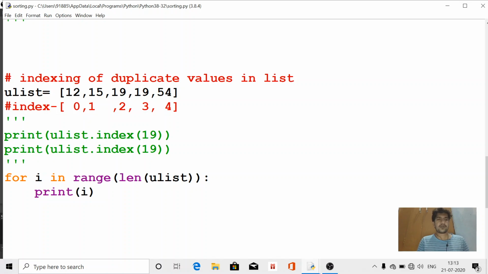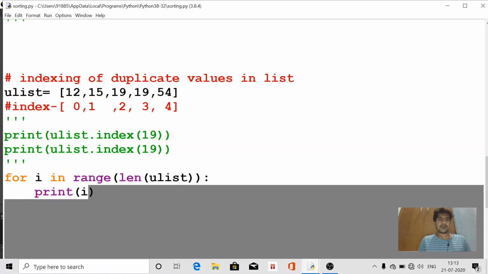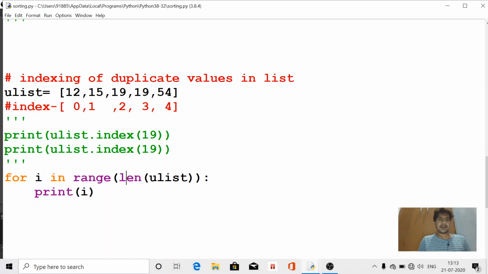But if you print the index of a separate 19, then it will always return 2 by the interpreter. Now this is the way to print all the indexes of the duplicate element.